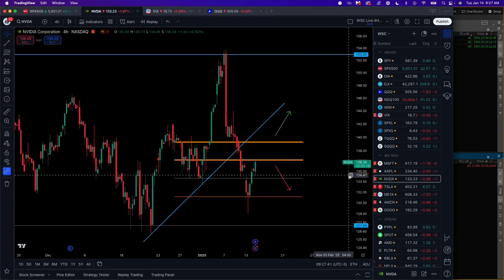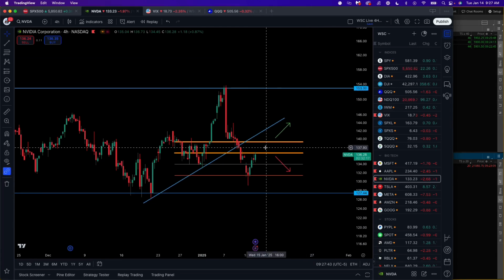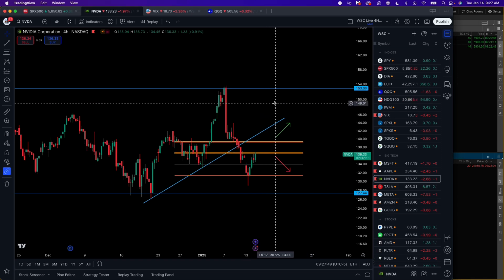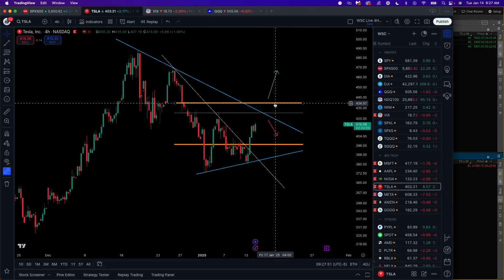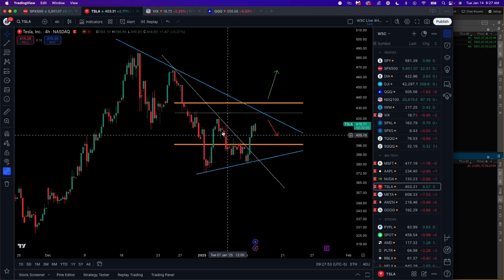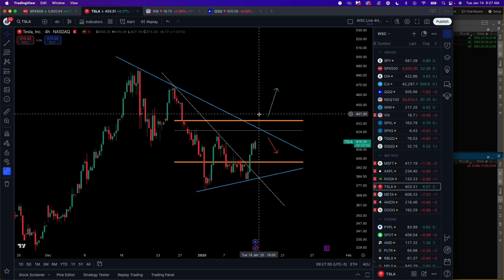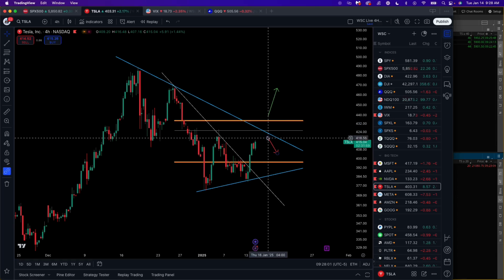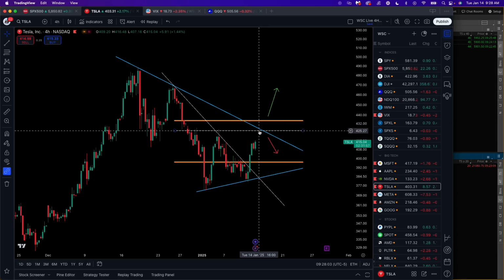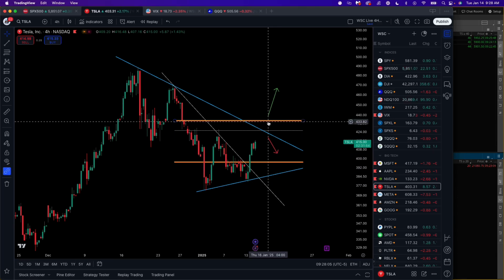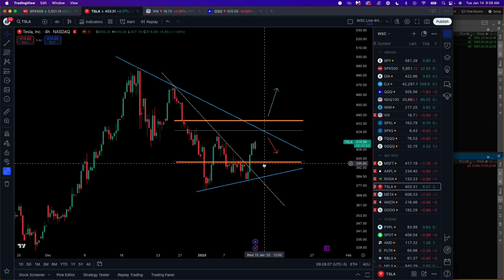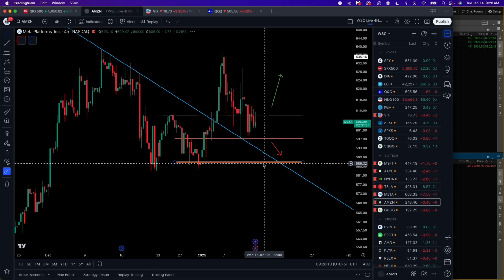For Nvidia, we have the same. We broke support, now resistance range 136, 138, 139. I'm sorry, bearish below it, bullish above 139. Tesla, it's actually managing to bounce. Bulls want a double bottom. Still, bears want to short at resistance. Resistance goes from 426 to biggest dark pool at 435. Below resistance, this is still a downtrend for Tesla despite the powerful bounce. Support located at 395. Meta, I'm skipping it.